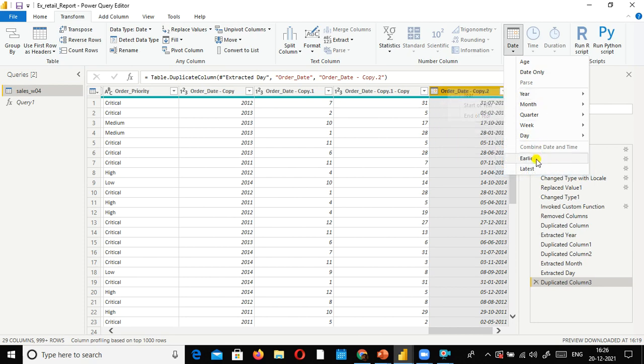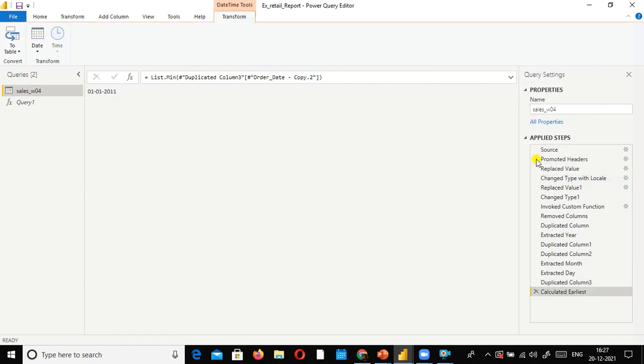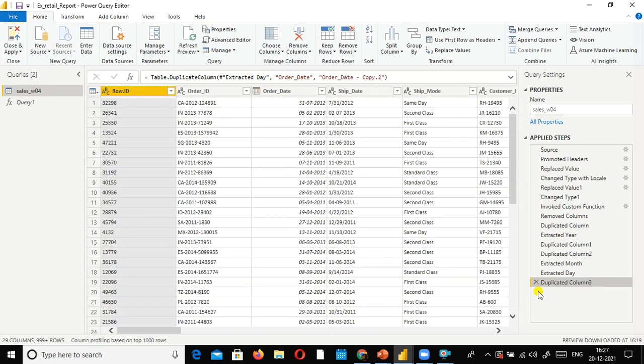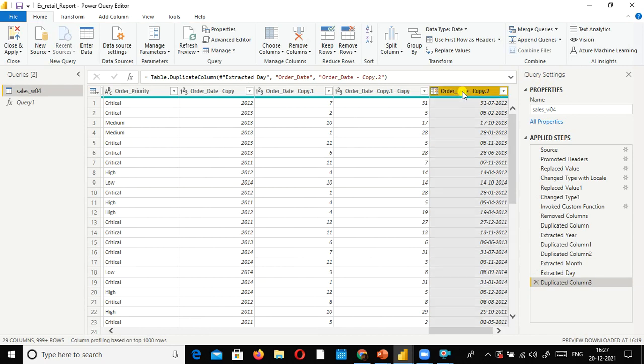Okay. And here you have something called earliest. So 1/1/2001. So with this we can find out the minimum date or the maximum date. Okay, that you can also find out. And one second, just let me revoke this. Yeah. So you understood how to use this one.